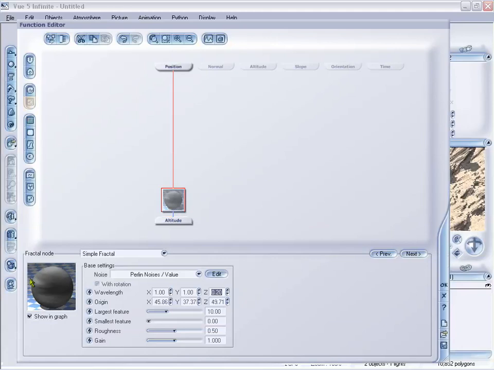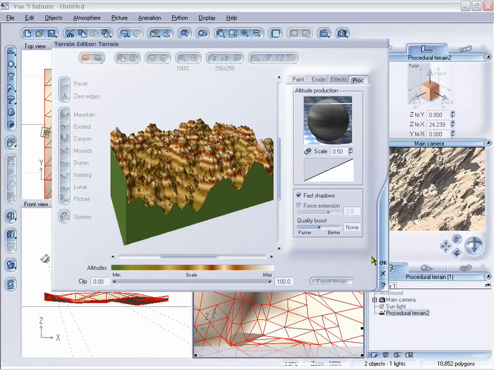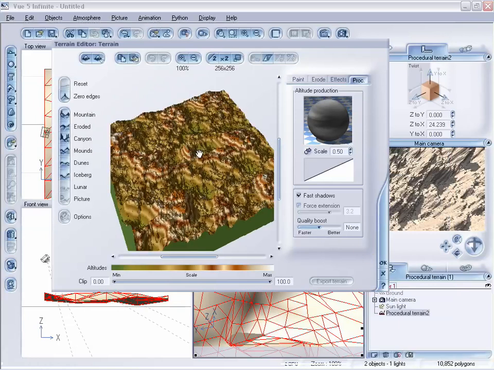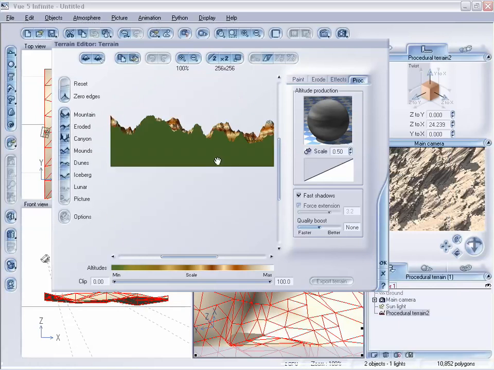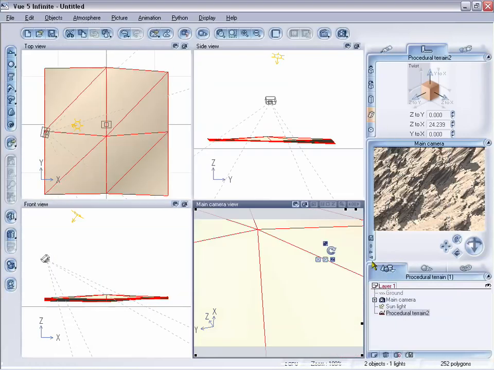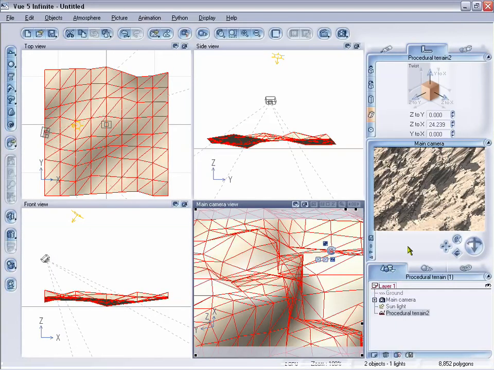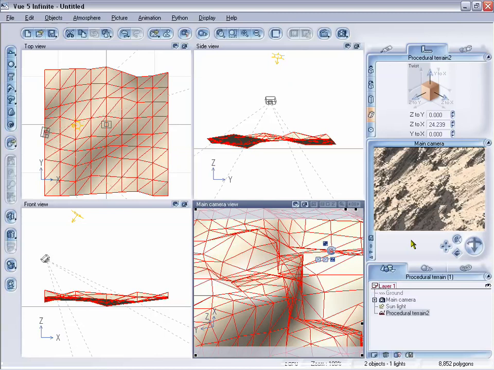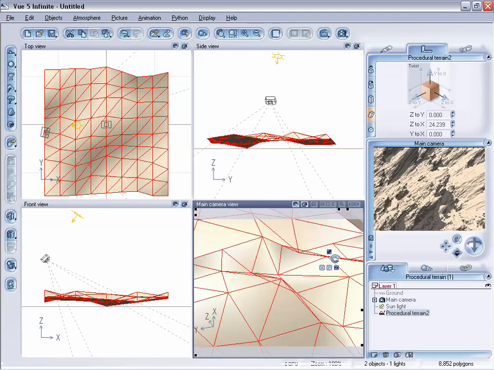So you can see that even takes effect in our little preview right here. But it won't make too much of a difference in the up and down. But once we skew it off, it should make a small bit of difference, at least enough to be able to see it. We can see we've reduced the stretching on some of the major areas. It is going to be in there a little, but this is a really cool way to just get some